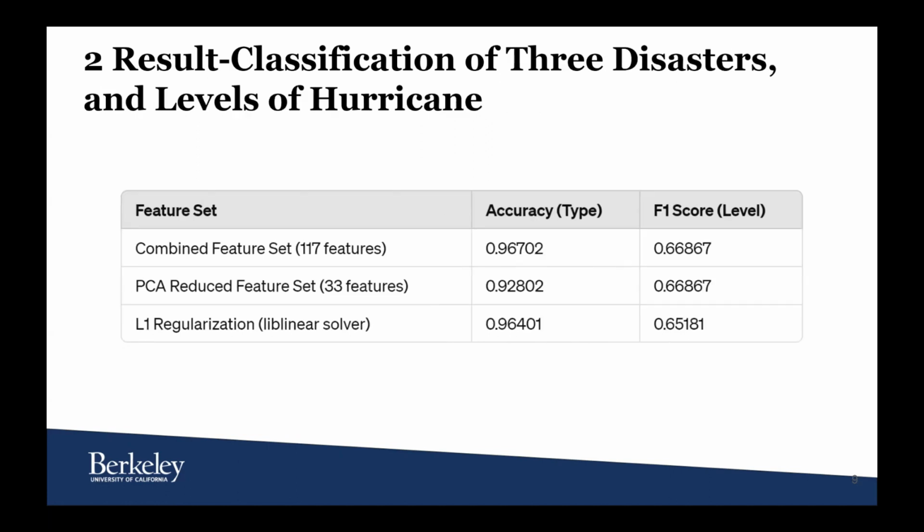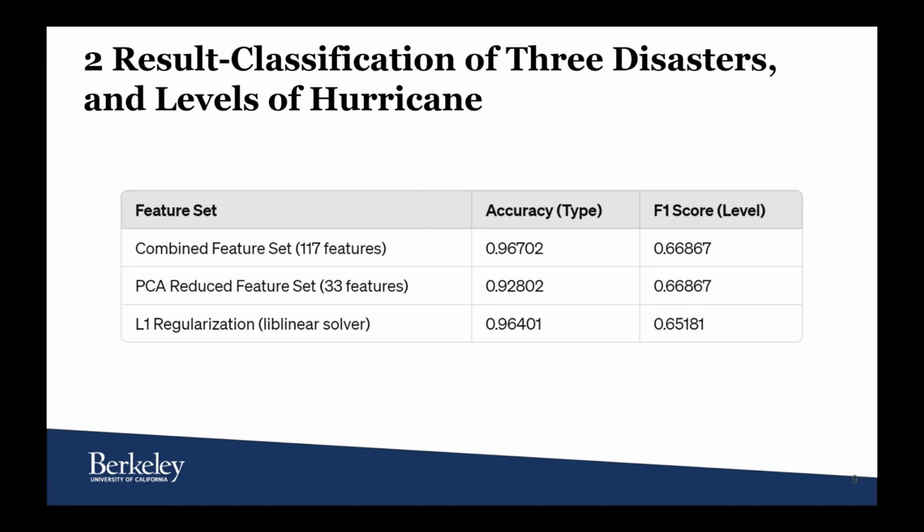Further, we want to check if our model works well on all kinds of disasters. We analyzed those 3 disaster types and present the result in the following table. Without PCA, the model achieved an accuracy of 0.967 for type prediction and F1 score of